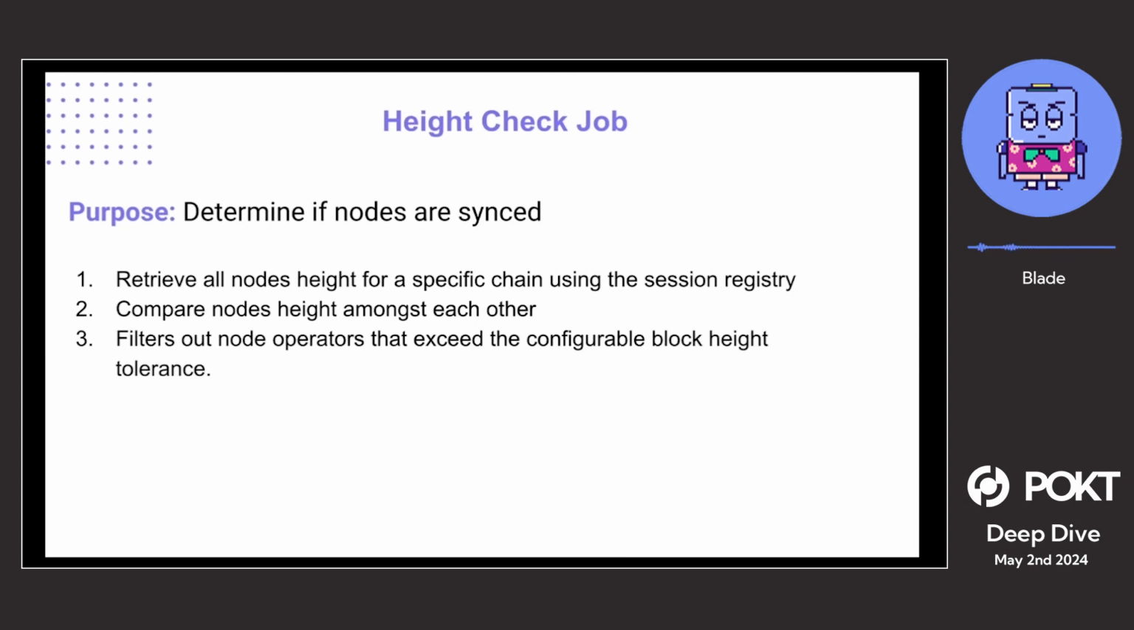And so what we do during a height check job is we retrieve all the nodes' height by sending them a request for the height. And then we'll compare them to each other. Say, hey, what is the difference between node 1 and node 2, and node 3 and node 4? And then, if you are exceeding a specific tolerance, so, let's just say that node 1 is 10 blocks synced behind node 2, then, if the block tolerance is set at 10, then that node will no longer be sent